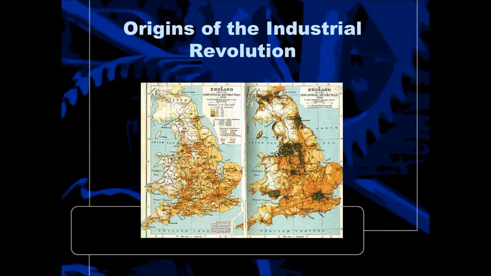So you can see that the population is going to change. You see England on the left-hand side prior to industrialization, and then you can see the concentration of people, how it shifts as industrialization is in full swing with the dark green. So you can see that movement of people out of the countryside just swarming into the cities. That alone is a huge change during the Industrial Revolution, the shift in population and where the people are.